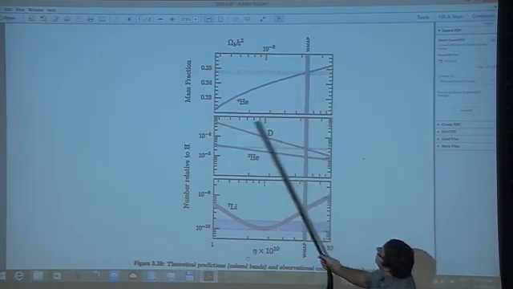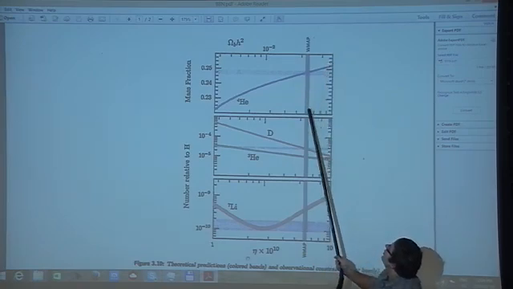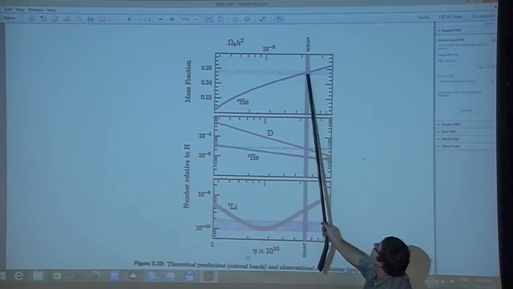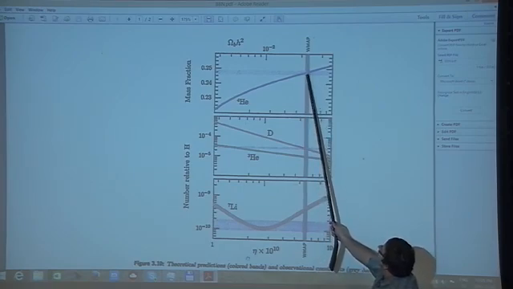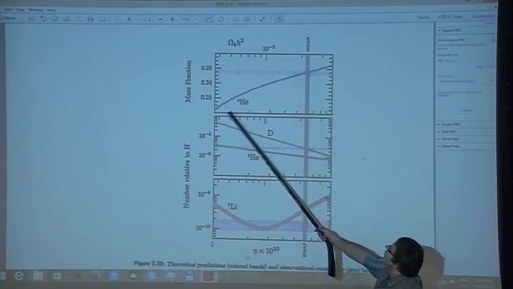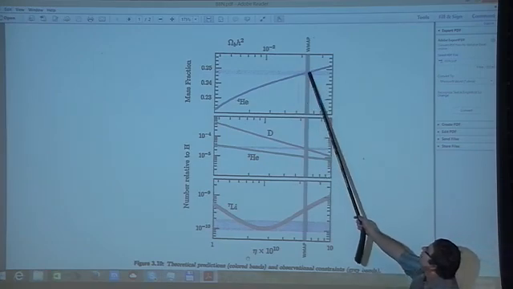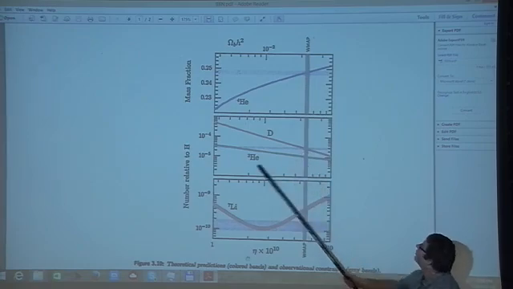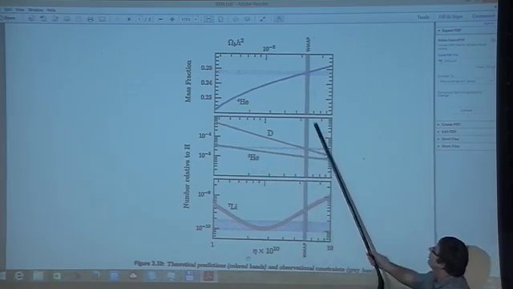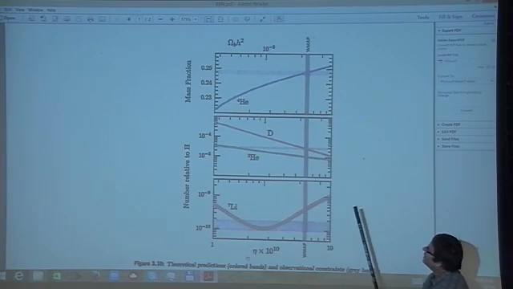If you start messing with eta, this is the theoretical prediction for how much helium you should have. You see that the observation, which meets roughly here, fixes your eta and fixes how much helium is produced, and so this is an agreement. This is just to fix eta. For deuterium, this is a prediction already, right? This is my theoretical curve. I fix eta, so do I really see what I have predicted? For deuterium, it works very nicely.